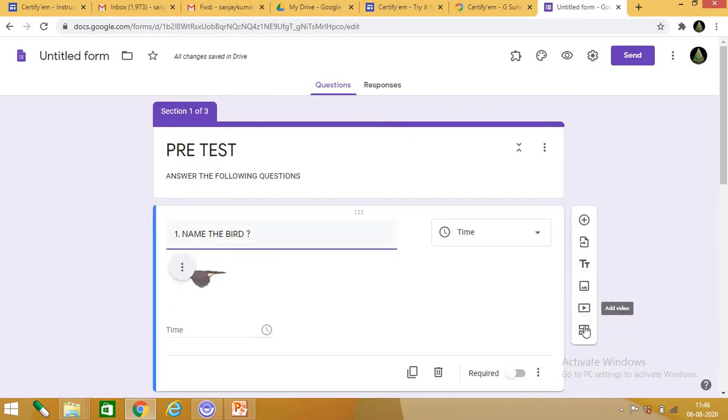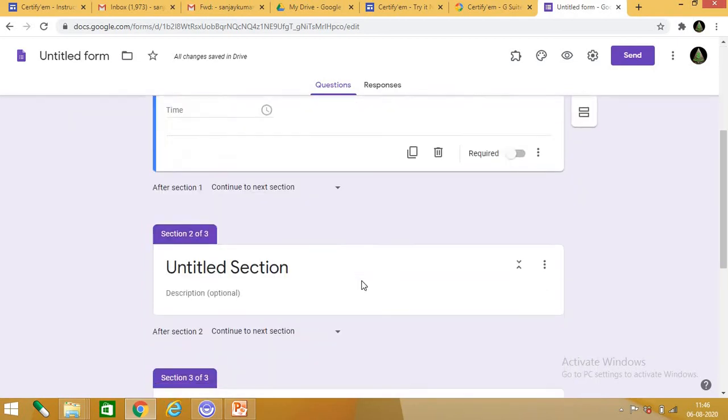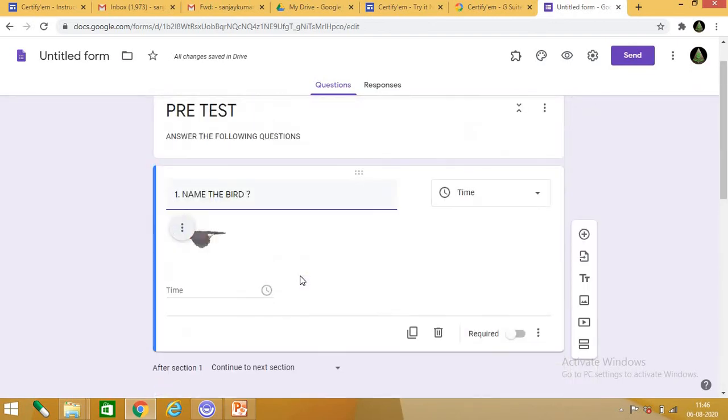So this is for addition of section, adding video, adding image, adding the title, then importing questions from another Google form. Then this is for adding a question. So these are the different sections.